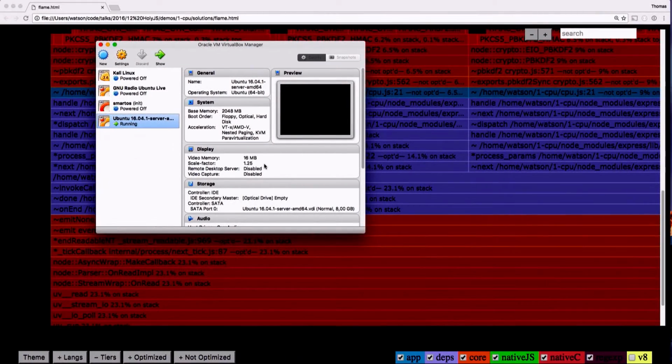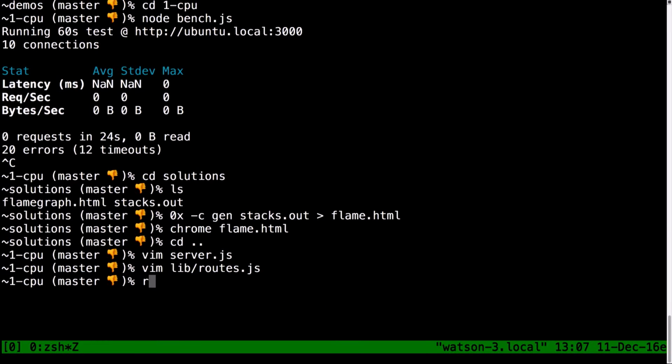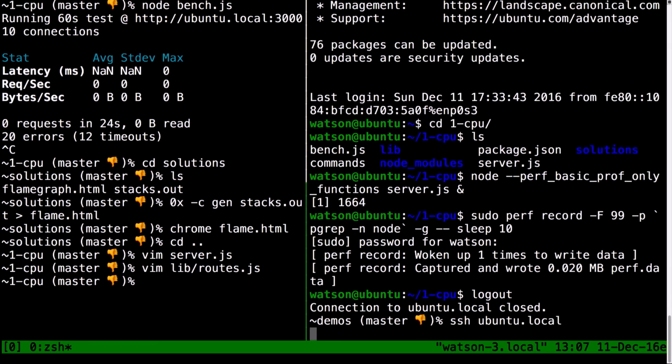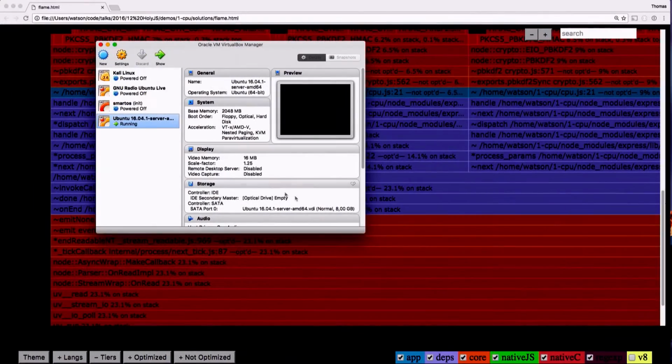So before I continue, let me just see if I can SSH into the machine now. Maybe not. I could. Okay, that's cool. Okay, so